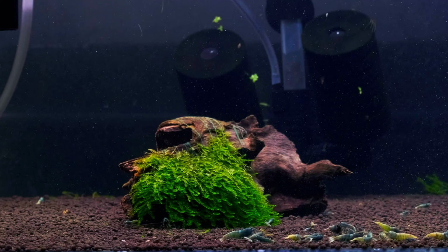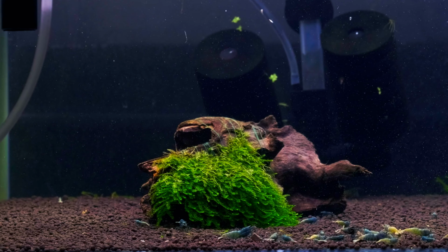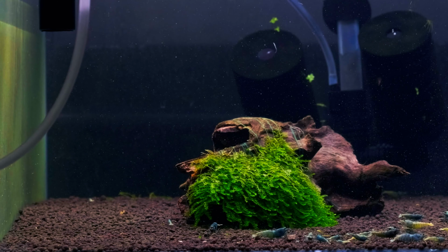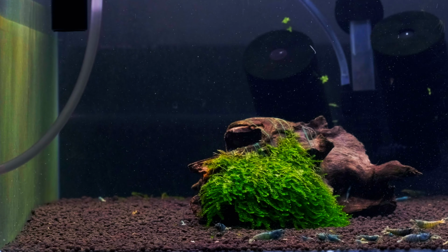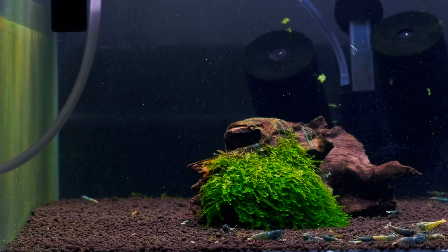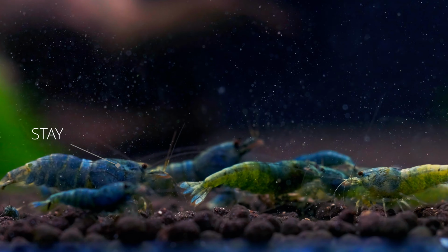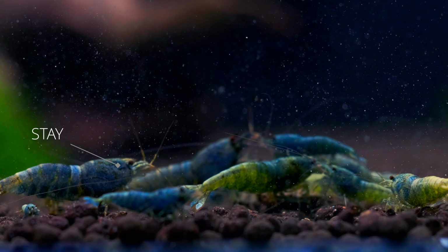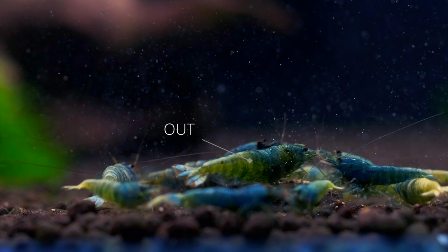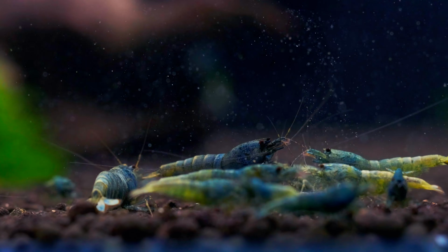I will show you the easy method, the method that needs only taking out all of the unwanted shrimps. So let's start. Here you can see the shrimp that will stay, the shrimp with a lot of blue pigmentation on its body, with pigmented blue tail, and with this little